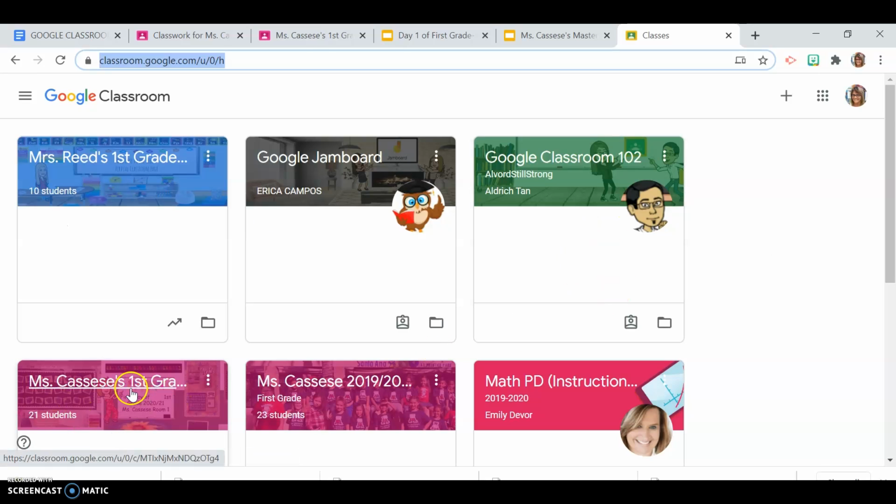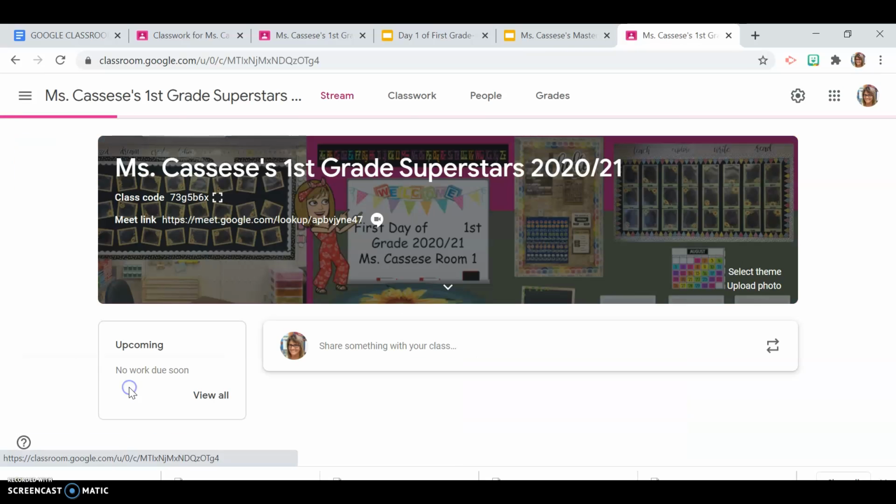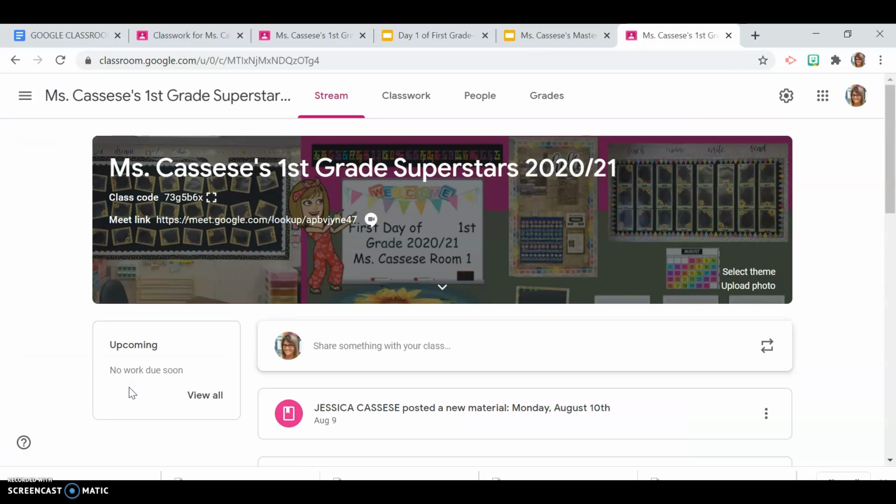Now I have a bunch of stuff here. You should just probably have mine and maybe something from last year, but you want to get to Miss Cassis's First Grade Superstars 2020-2021. I've tried to make this as easy as I can for you, and you'll notice right up here there